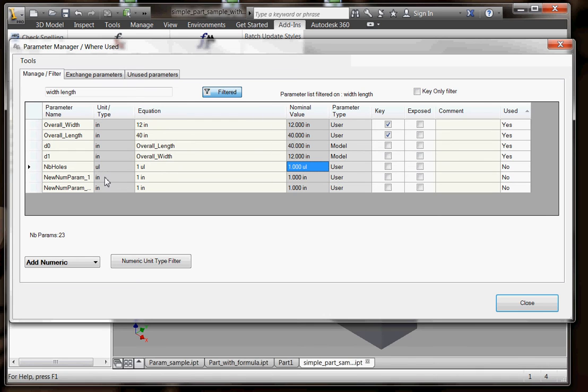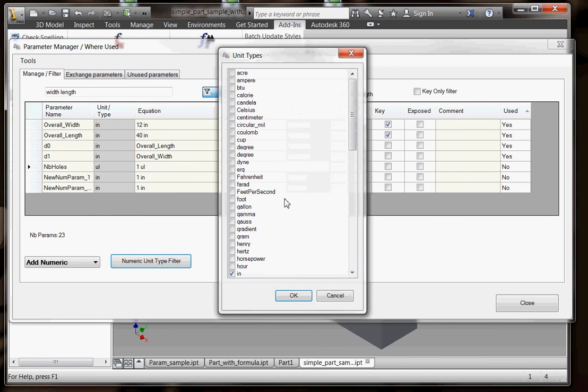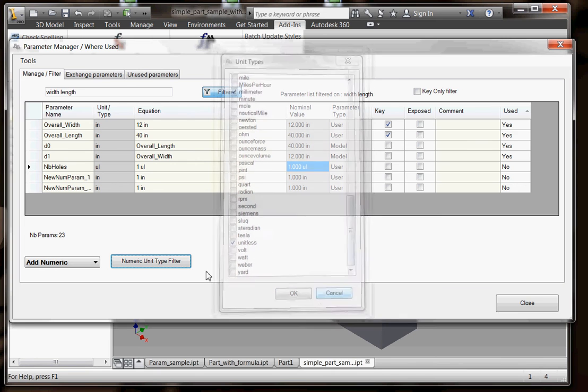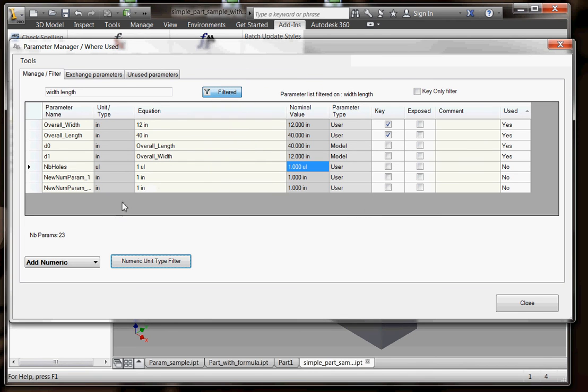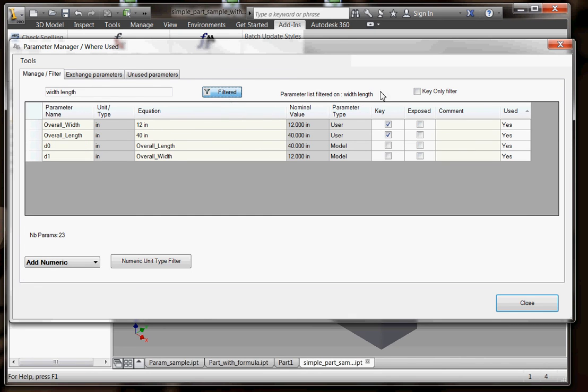The list of parameter units that will be displayed in the quick list comes from a filter dialog box. So you just have to select which units you want to include in your quick list. So you can very quickly change from one unit to another one, and Inventor will take care of the conversion. Let's say millimeter, 1 inch equals 25.4. So this is the first tab. Of course, you have an unfiltered or filtered list, and you can also filter on the key